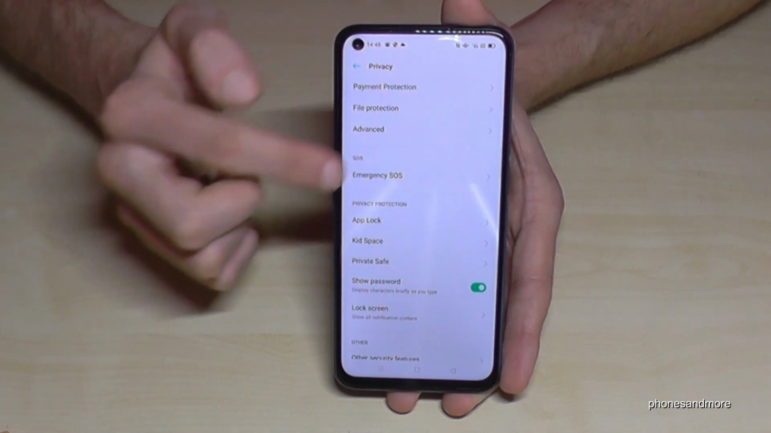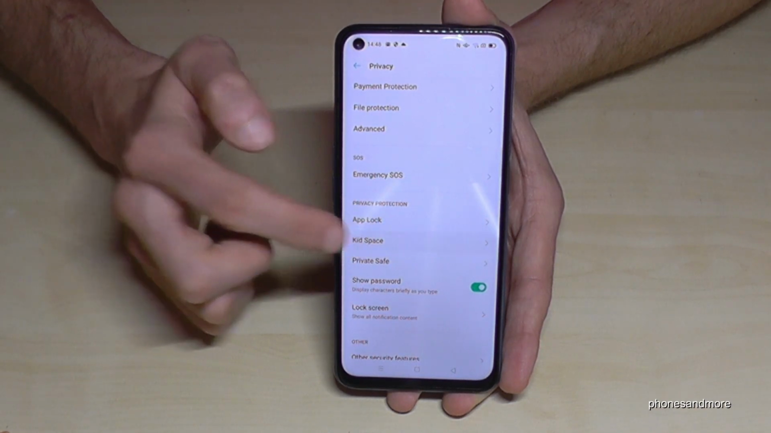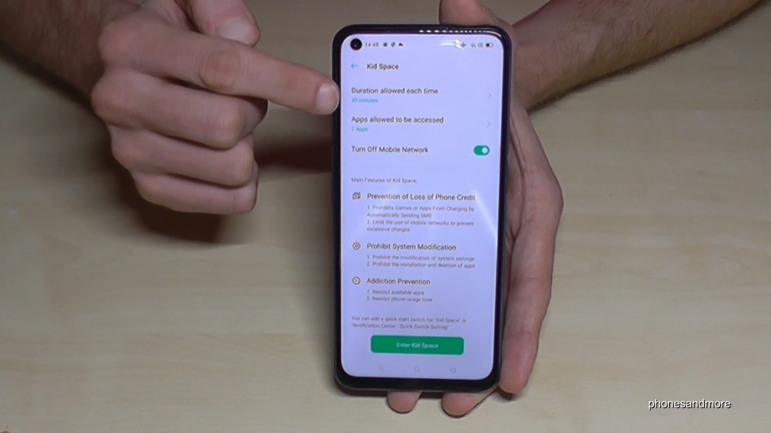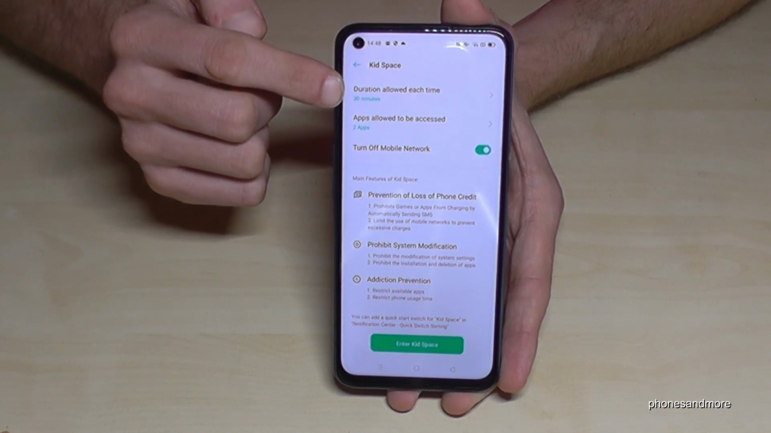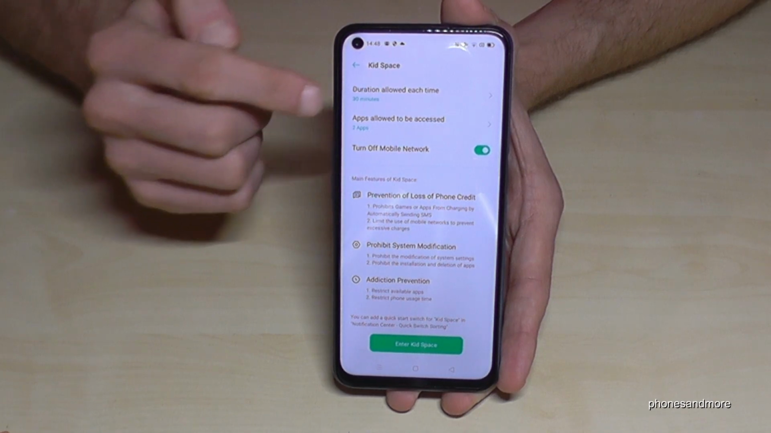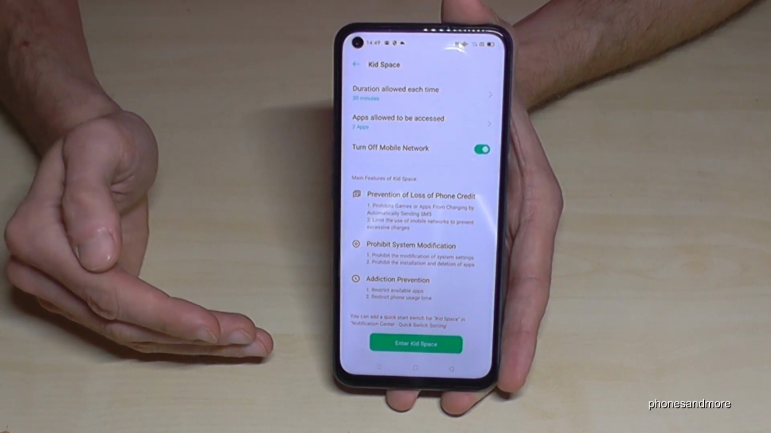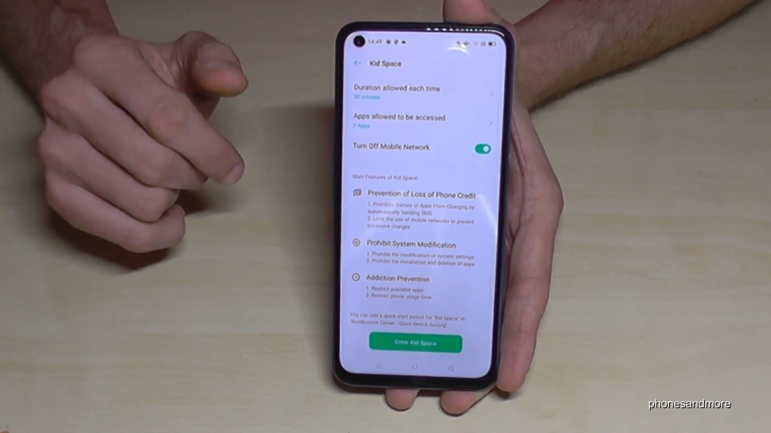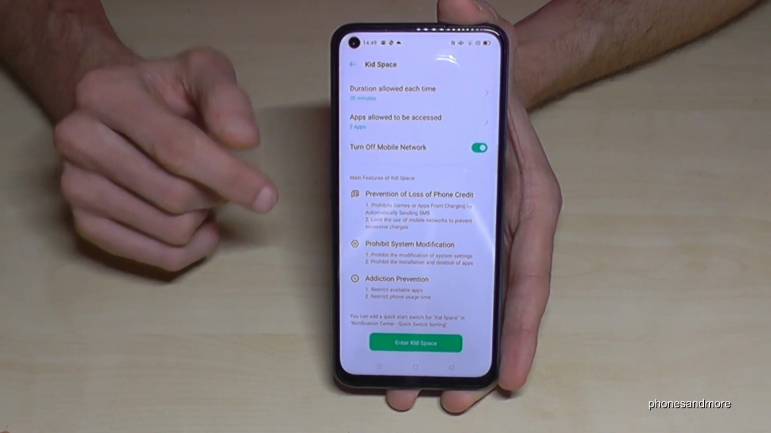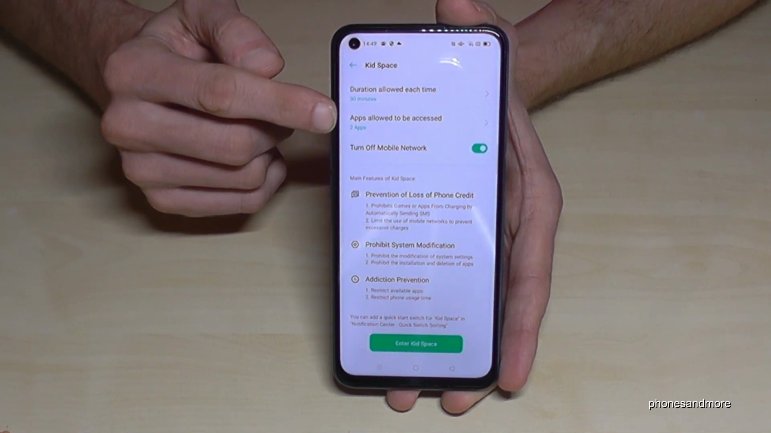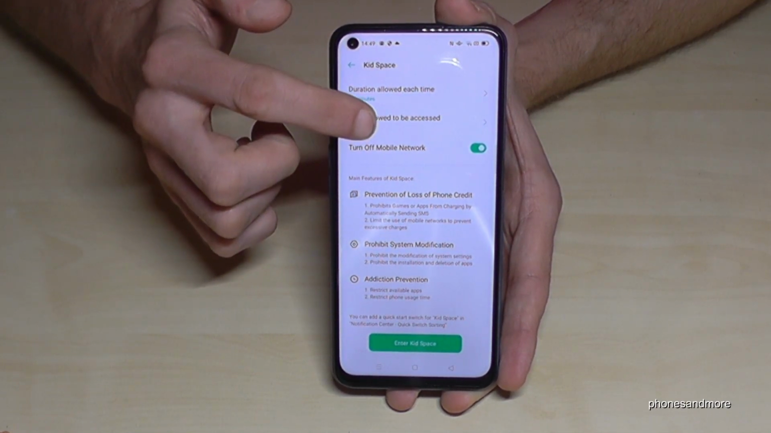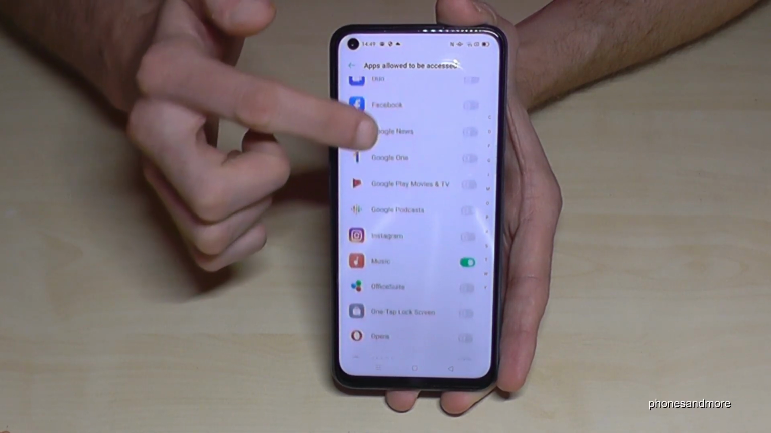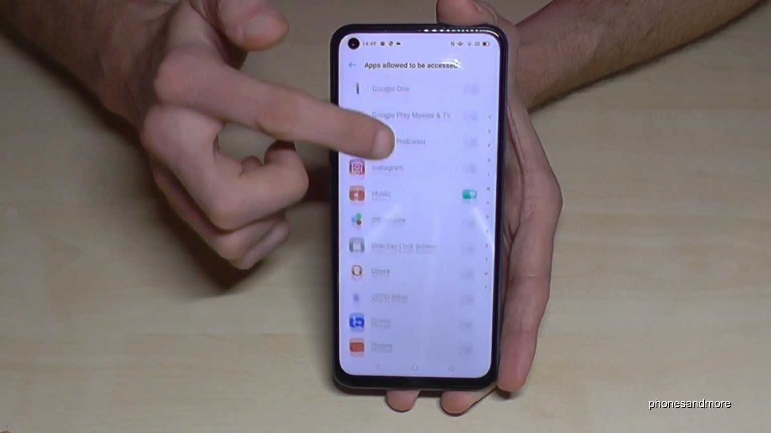And here you have the Kid Space. If you tap it, you have the opportunity to set a duration, an allowed time, because if you give them the phone, you can set a duration, maybe half an hour or something like this. After that the screen will turn off automatically and they have no chance anymore to use it. And you can also set up which apps the children are allowed to have,